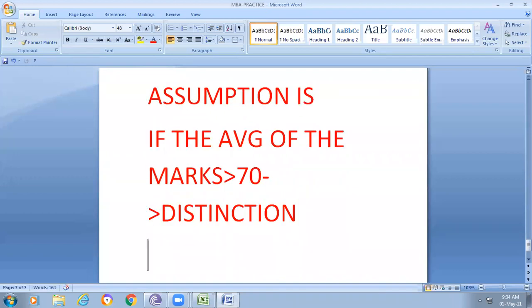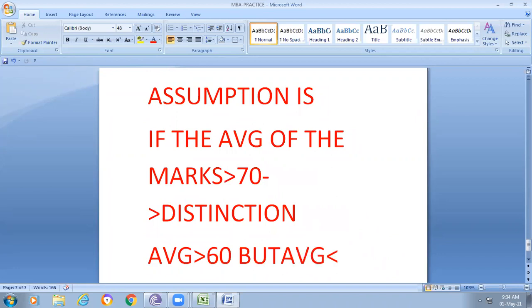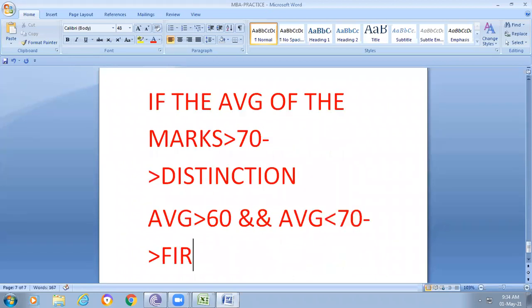For example, if the average is greater than 60 but at the same time less than 70, then you assign the grade first class.